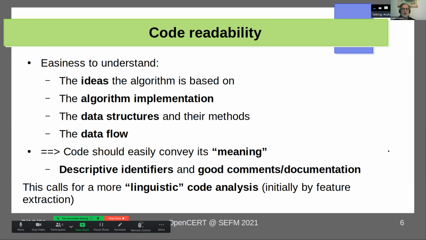So the meaning of the program should be easily understandable. This means that we need a more linguistic code analysis than a structural code analysis, like it's done in other quality assurance tools, where the meaning of the program is normally